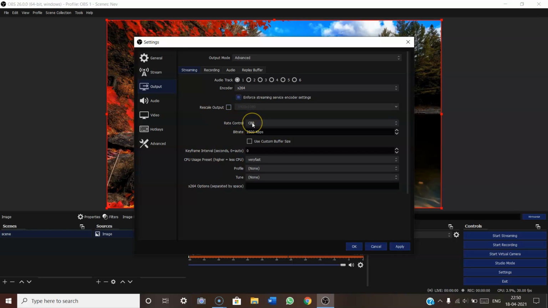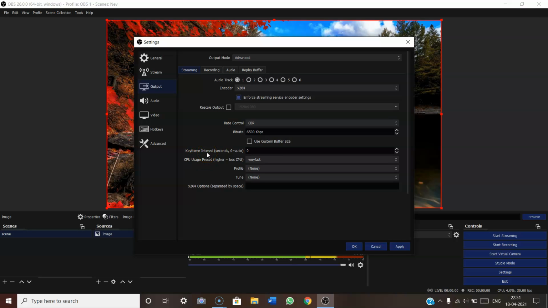And rate control is nothing but the bitrate control you give. CBR is constant bitrate control, and VBR is variable bitrate control, and it is common and recommended to keep CBR. And bitrate, as said earlier, is 6500. With a high bitrate, the video you stream or record will be in higher quality, so the video will be clearer.